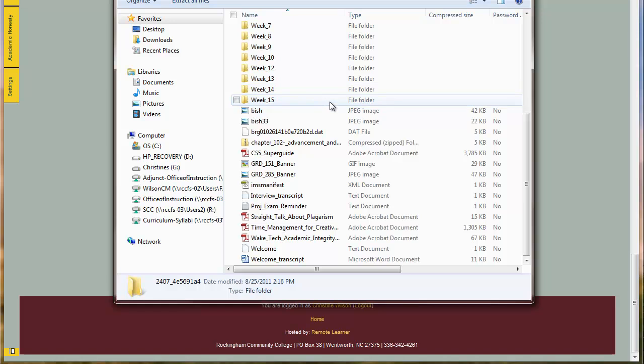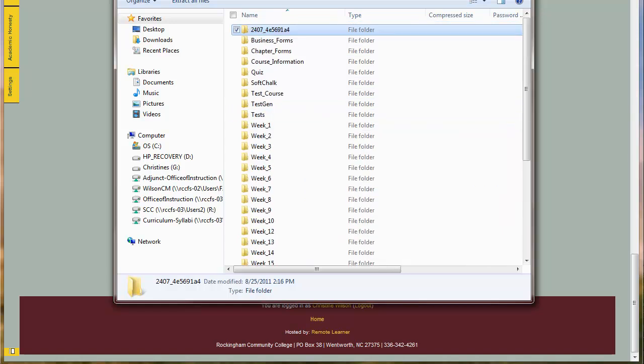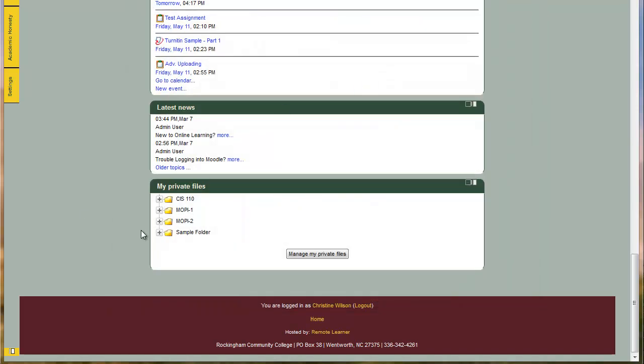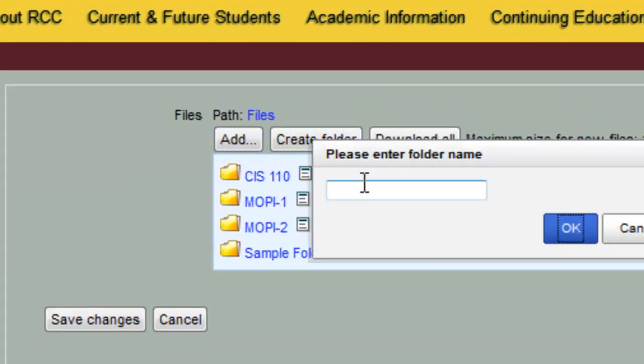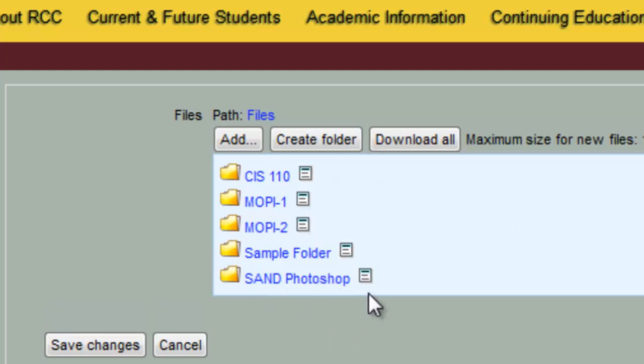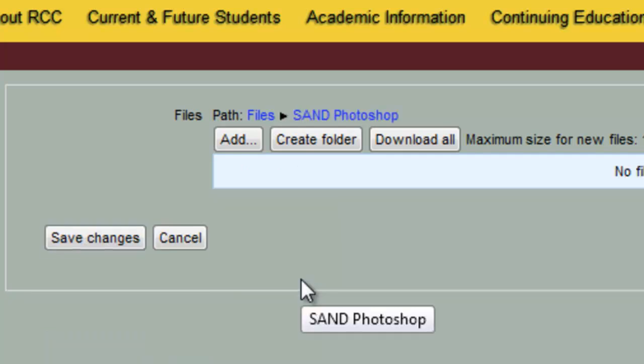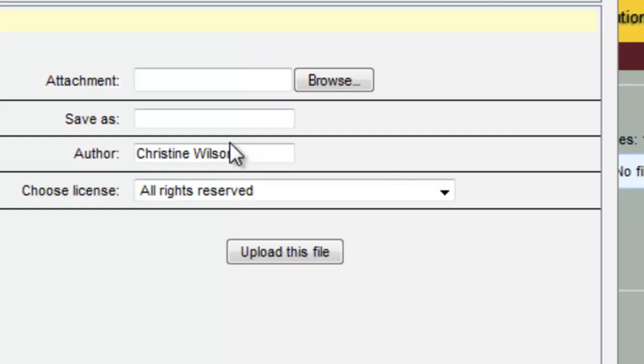Okay, so I've removed a bunch of things from here. Now we're going to see if it's small enough for me to bring it in. So I'm going to manage my private files. I'm going to first create a folder for this class. Really you only need to do this once per course, not once per section, unless you do different folders in each section. And then I'm going to add,